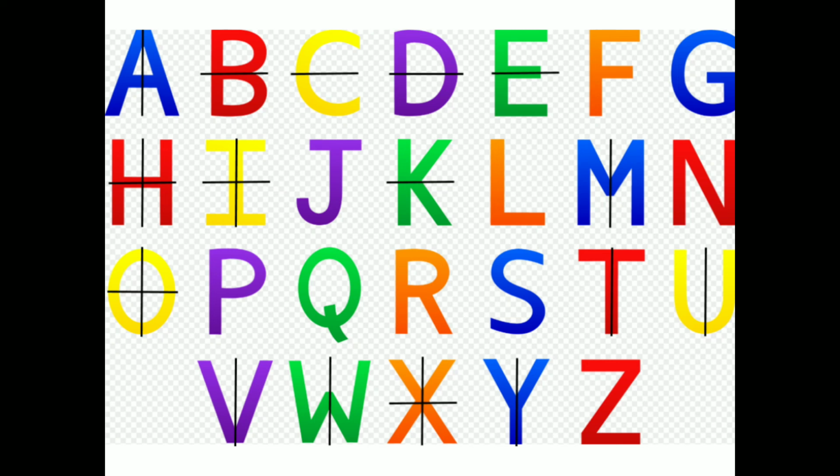Okay, F has no line of symmetry. G has no line of symmetry. H has two lines of symmetry. I again two lines of symmetry. J has none. K has one because its upper and lower parts look the same after dividing it. L also doesn't have. Okay, same for M, N, O, P, Q, R, S. T has one line of symmetry. U also has one. V 1, W 1, X has 2 lines of symmetry, Y has 1.